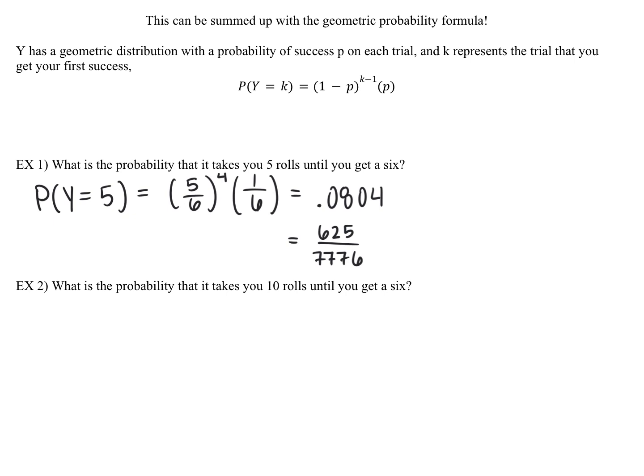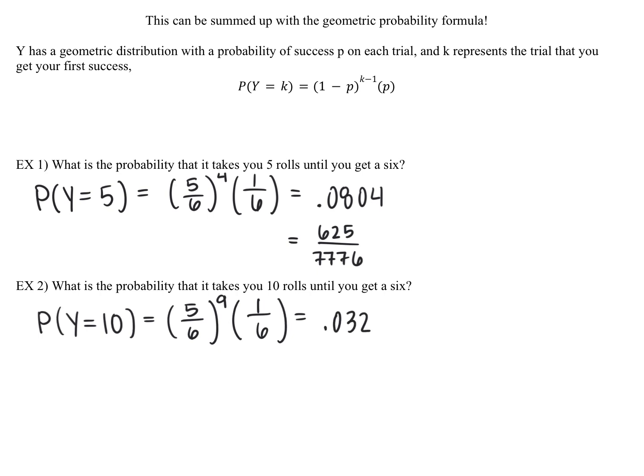Next, let's find the probability it takes you 10 rolls until you get a 6. So that's the probability that y equals 10. That means I had 9 failures, so 5/6 to the 9th, before my success. So 5/6 to the 9th times 1/6 is 0.0323,